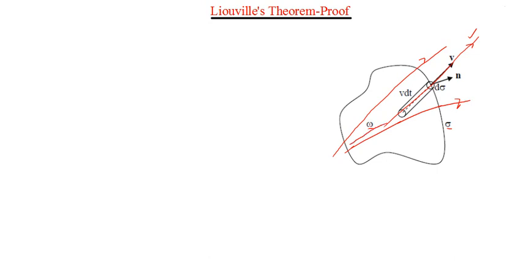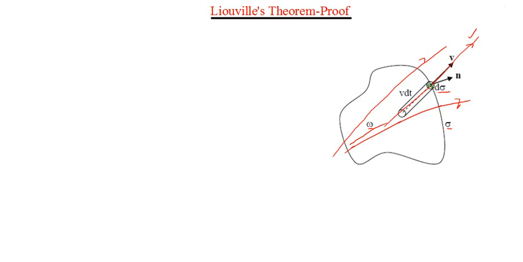Now, these representative points are flowing into the given arbitrary volume omega, and these representative points will also be flowing out of the given volume omega. In order to consider the phase space density, let's imagine a very small surface element of magnitude d sigma. I'm just shading the surface element here. It's just like what we do in our Gauss's theorem. We are considering a very small area element. So this is d sigma.